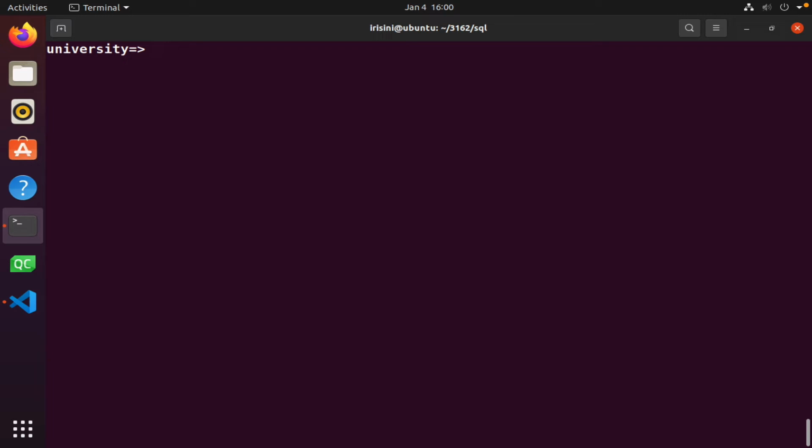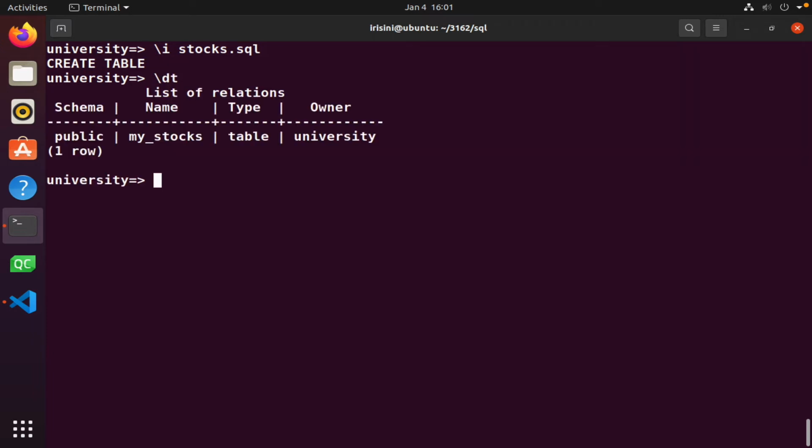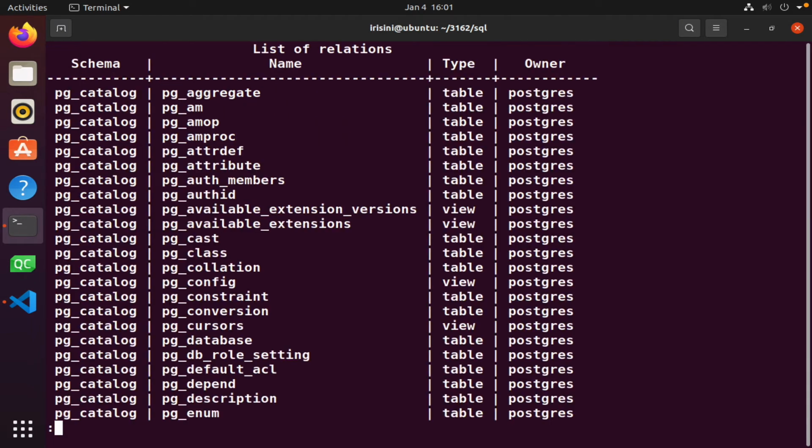And to read in the file, I will use the meta key, backslash followed by i, space, and then I simply give the name of the file, which we know is stocks.sql. Notice it ends with sql. Okay, and so if I want to check to see what table has been created, it's there. I could check the structure of that table by saying \d